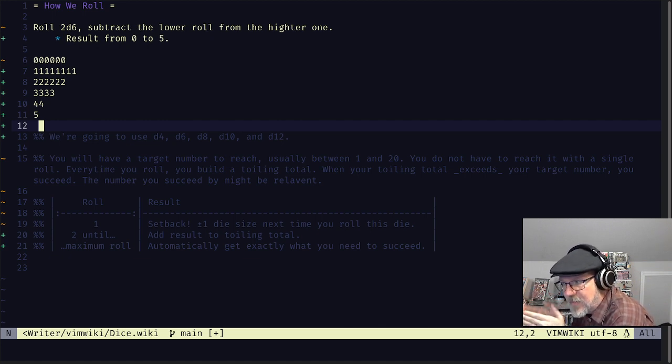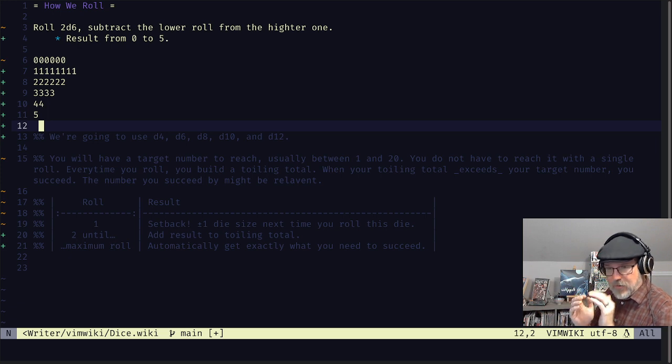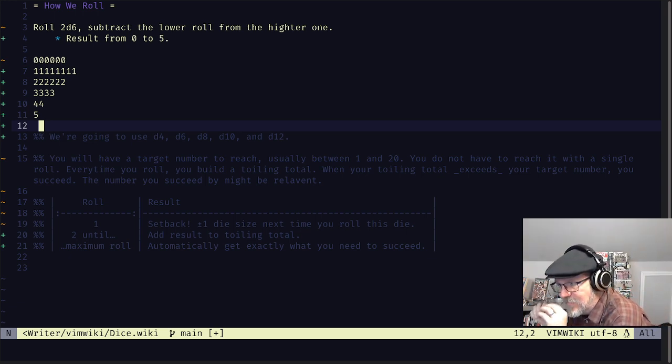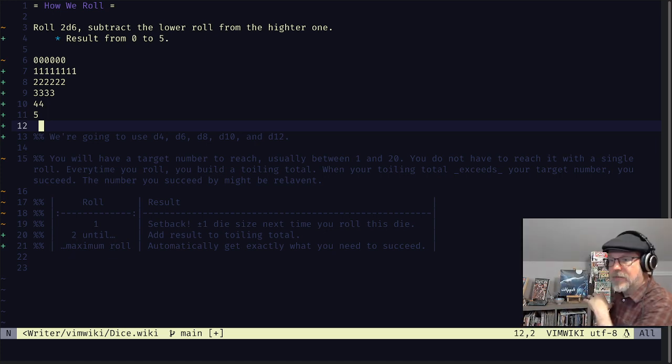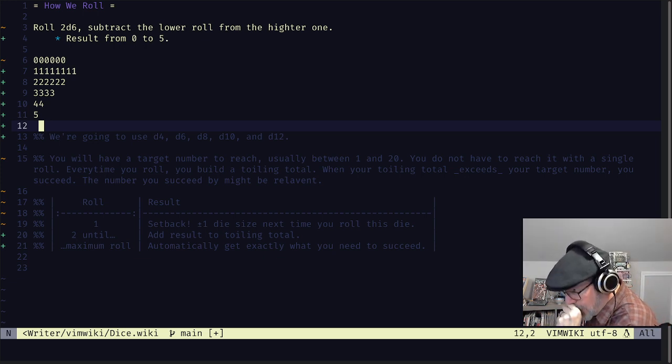Okay, so this, I like this a lot because the way it keeps the rolls low, and the 5 is a kind of exciting critical success or whatever. It's a nice thing, but most of them are on your level or just one above. If you've ever played Wolfspell, this may look familiar because this is the mechanic I borrowed to use for the rolling in Wolfspell. And I'm kind of tempted to do something else with this here as well.